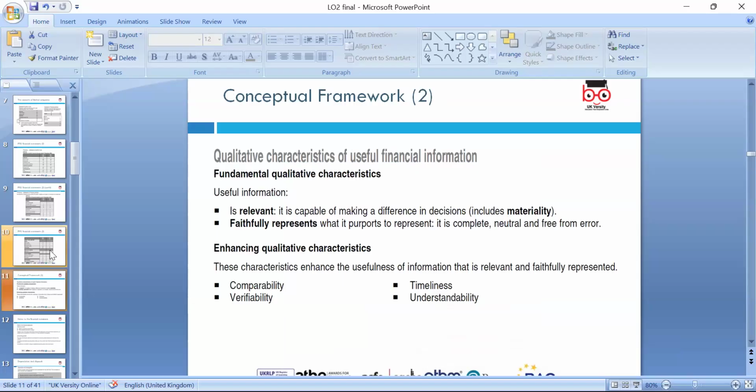So we had a discussion on qualitative characteristics in financial statements: all the relevant information, all the material information should be included in the financial statement. Faithful representation, complete, neutral, free from error, and comparability, timeliness, verifiability, and understandability. These key points should be in our financial statement, with 2 years of financial information. All the material information should be in the public domain within 90 days after signing of the financial statement.